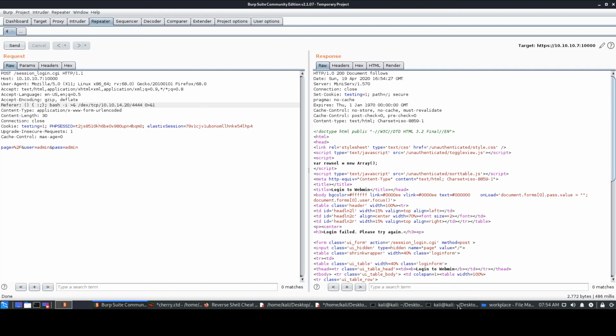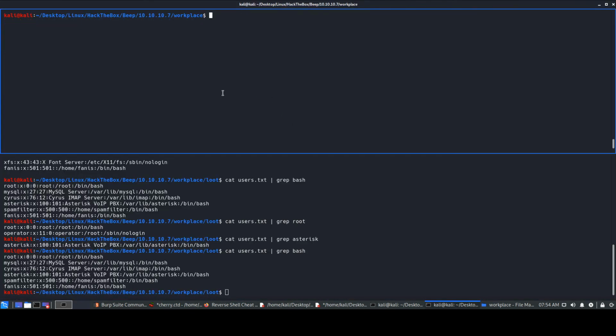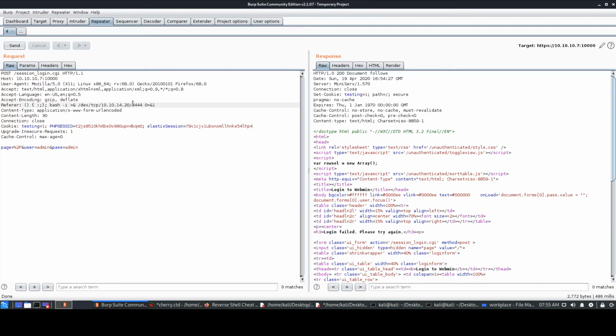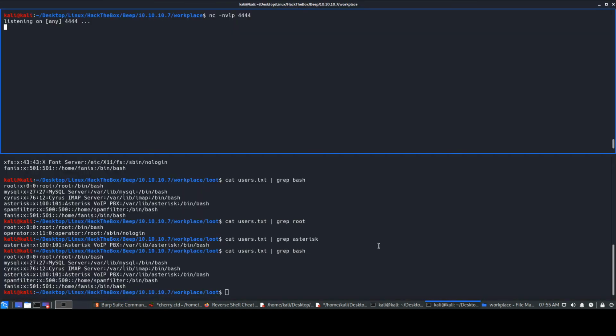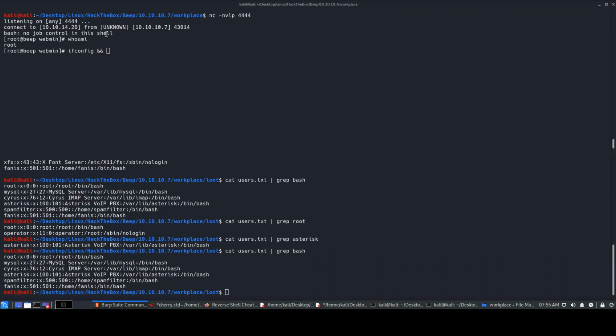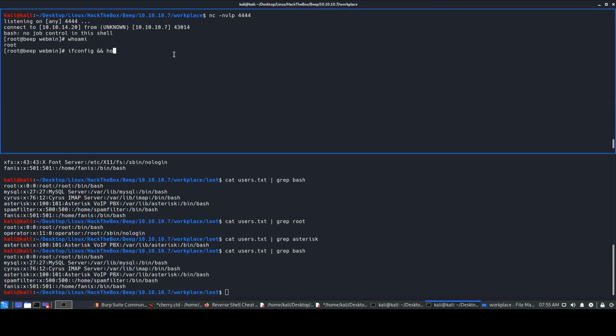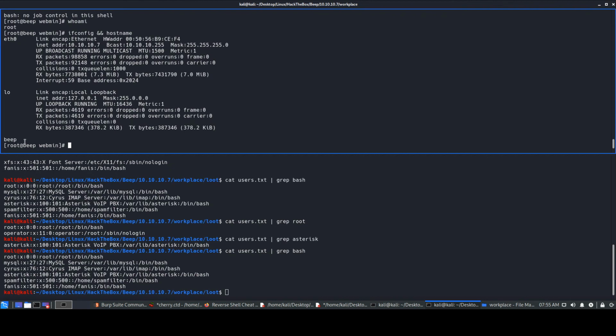Now the next thing I would do is I'll just close this. I don't need this anymore. So I'll just set up a netcat listener over here. Okay, just wait for it. Now we double check it and see if we get some connection. We send the request. Okay, we get some connection over here, and we see that we are already in the system as root, and we do ifconfig and hostname. Okay, so we get the host name as beep, and we get the ifconfig over here as this.